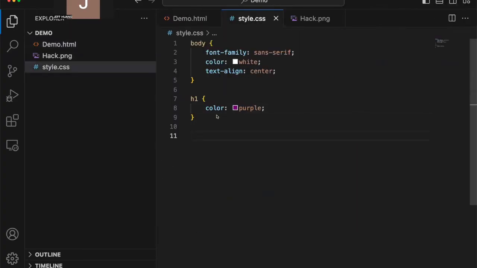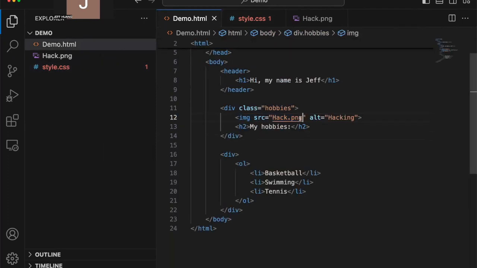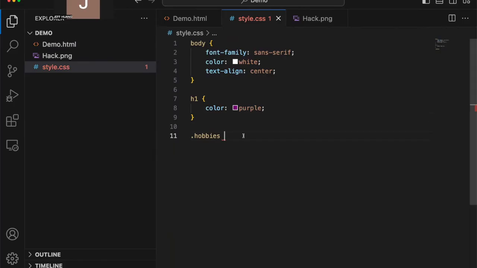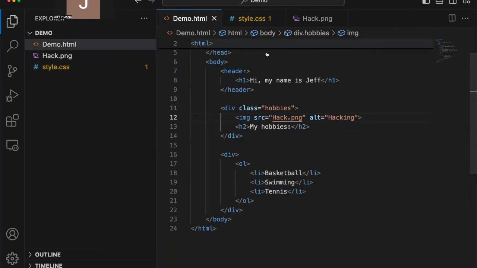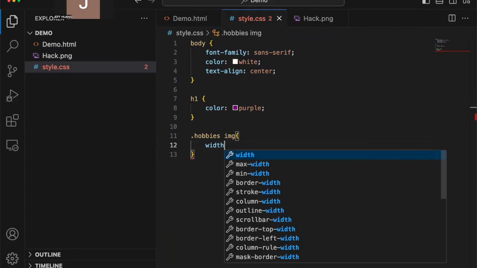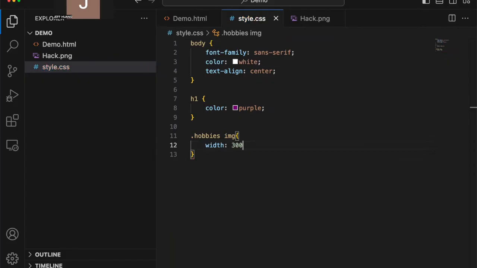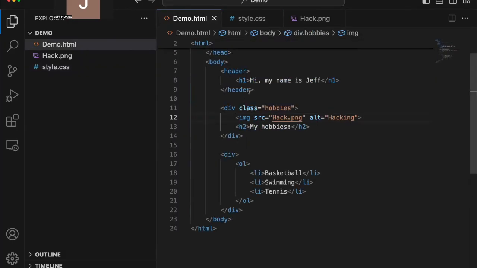Here you could do .hobbies. And then if you want to change the tag just in one class, you would do img, and you can change the width of this. So we can change that to 300 pixels.